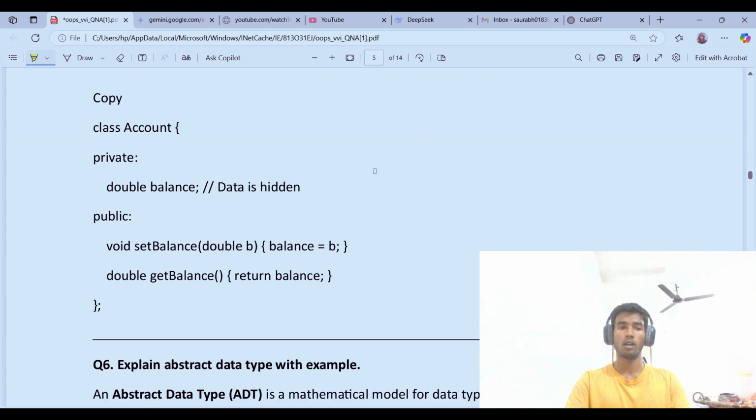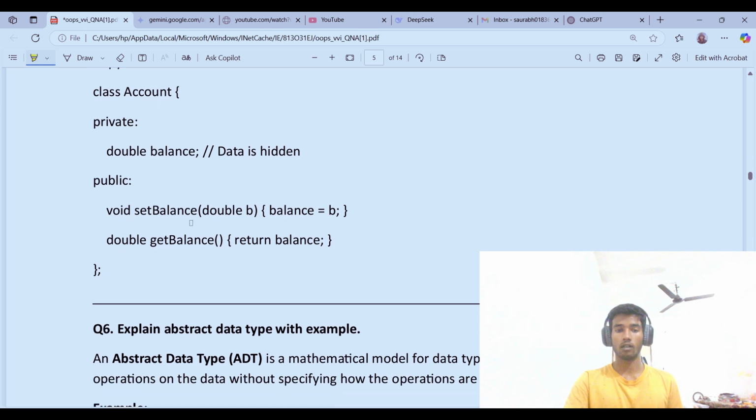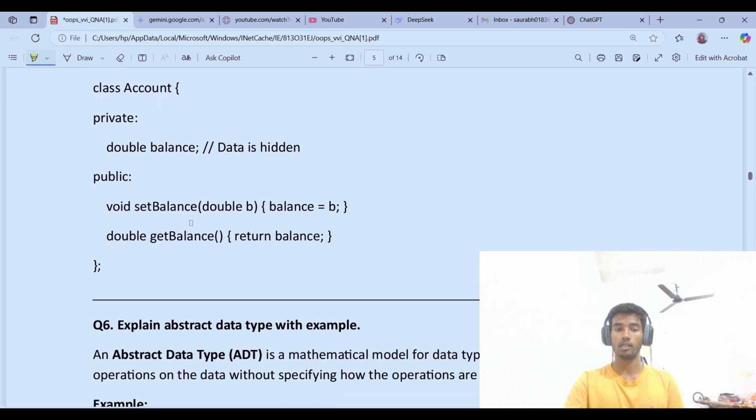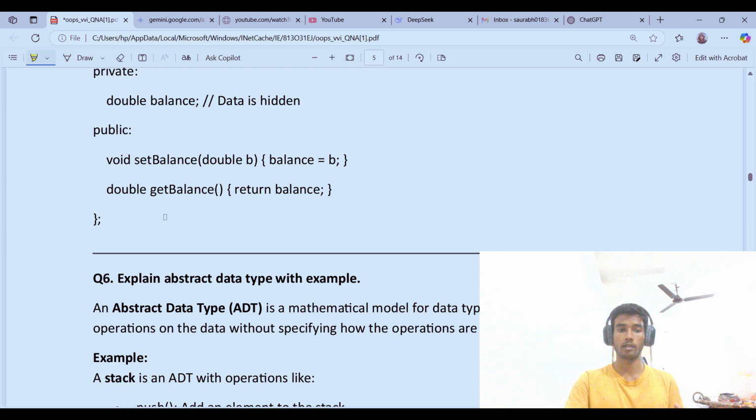Here is the simple code of a बैंक अकाउंट, like class Account, और इसमें जो हमारा बैलेंस है प्राइवेट है। बैलेंस को बी से सेट किया गया है और गेट बैलेंस के लिए इस फंक्शन का यूज किया गया है।